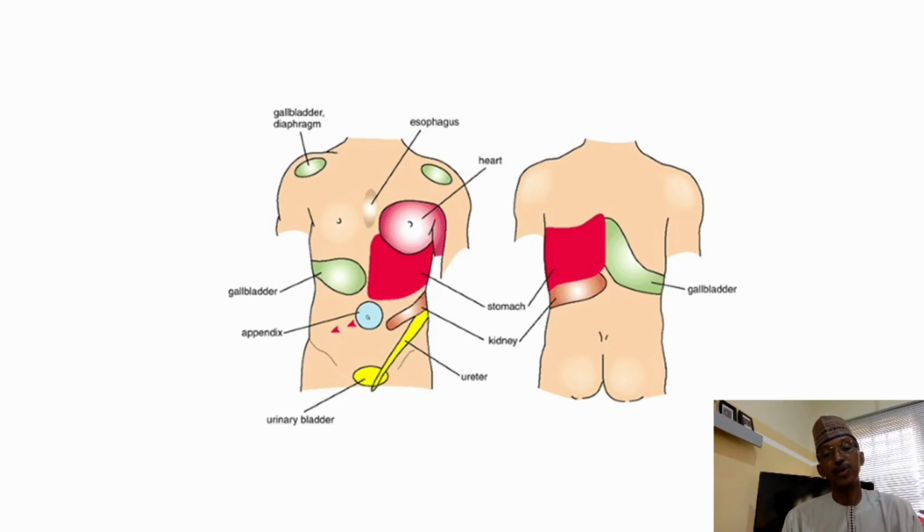The parietal peritoneum of the undersurface of the diaphragm on the right side is being supplied by the phrenic nerve. I know that the root value for the phrenic nerve is C3, C4. So this area above the shoulder is being supplied by C3, C4, and so pain as a result of cholecystitis, inflammation of the gallbladder, may be referred down to